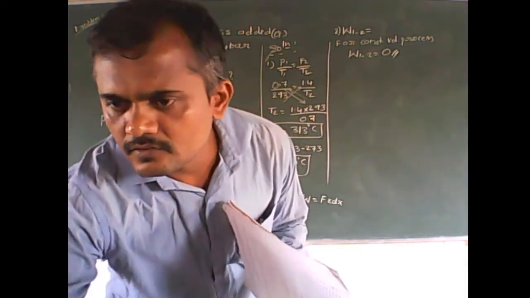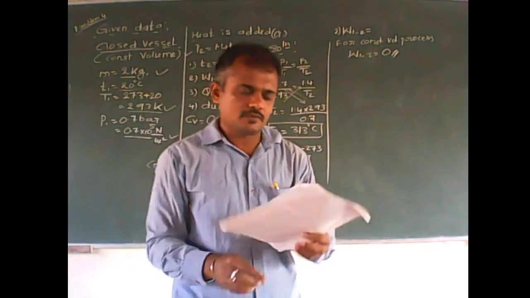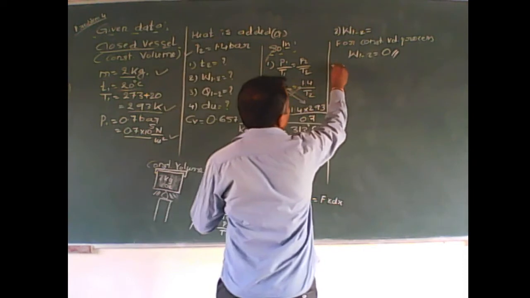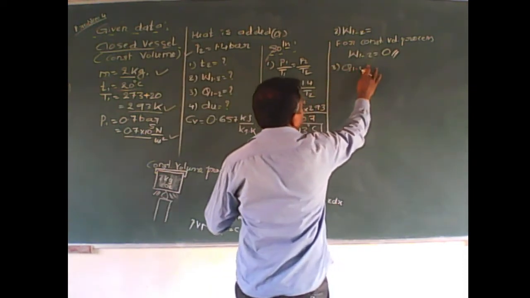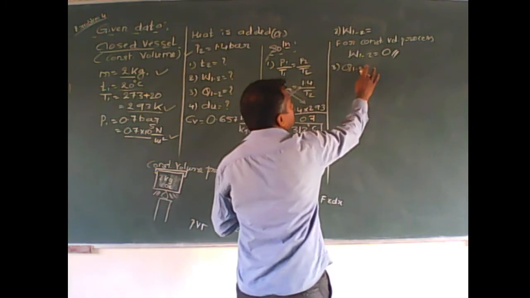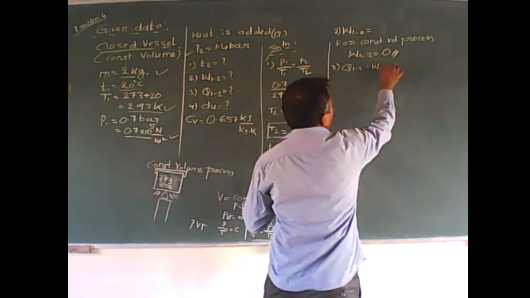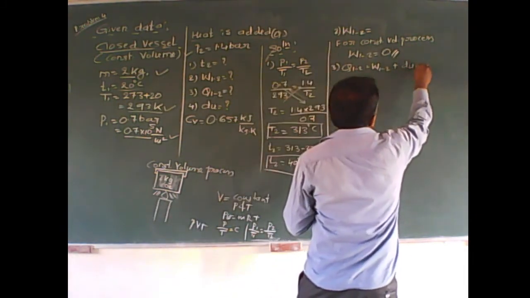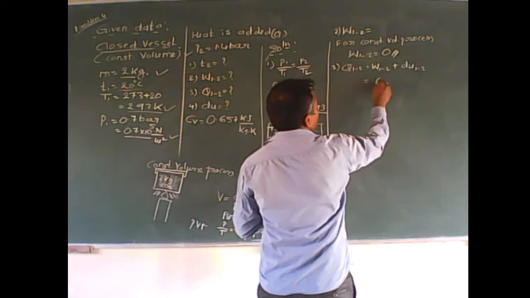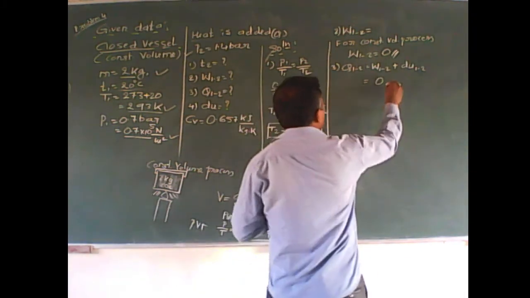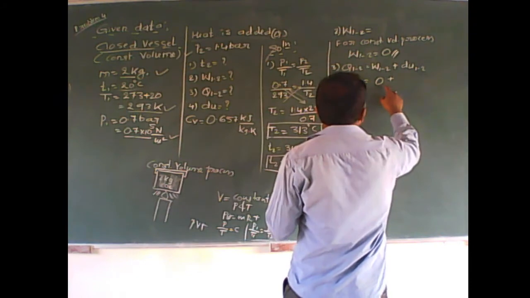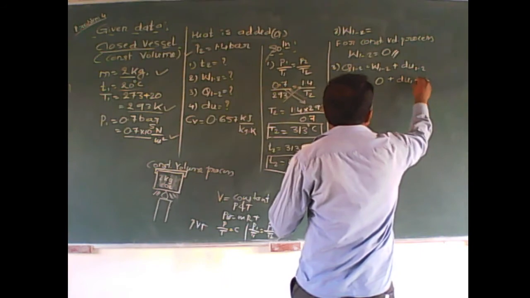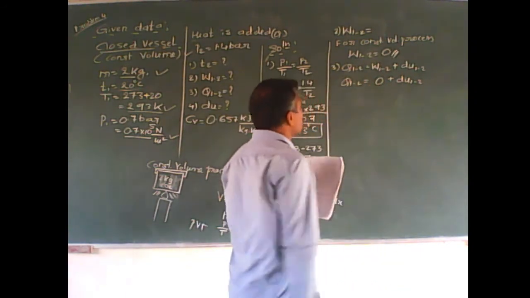And afterwards we have to go for calculating the next value, that is heat supplied. So what is the general expression for heat supplied? Q1 or delta Q. Delta Q is equal to delta W, or work done during the 1 to 2 process, plus dU during the 1 to 2 process. As you know, work done is 0 here. We have to take it as dU. So this dU is equal to Q 1 to 2.